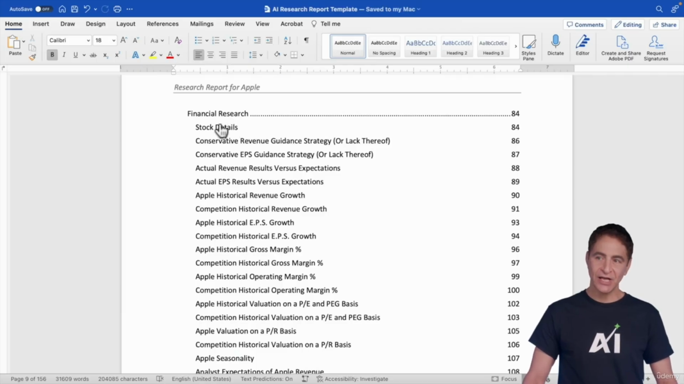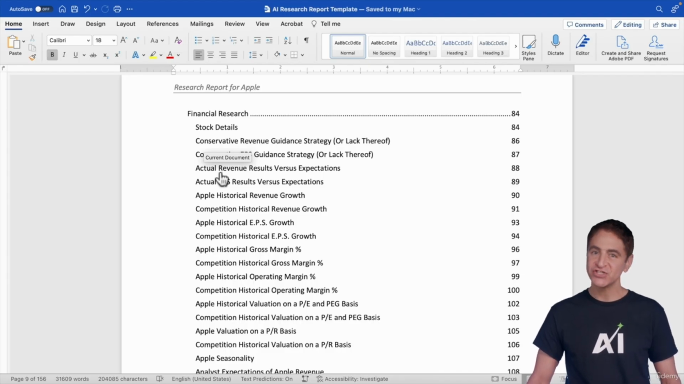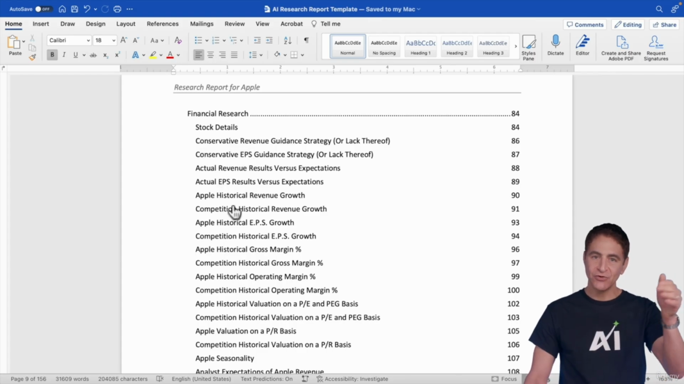In this section, what we're going to do is financial research on the company. And you'll see here the outline of what we're going to cover. We're going to start with the stock details. Then we're going to talk about guidance, meaning does the company offer guidance, meaning do they tell Wall Street and investors in general what they're going to earn in terms of earnings and revenue in the next quarter or the